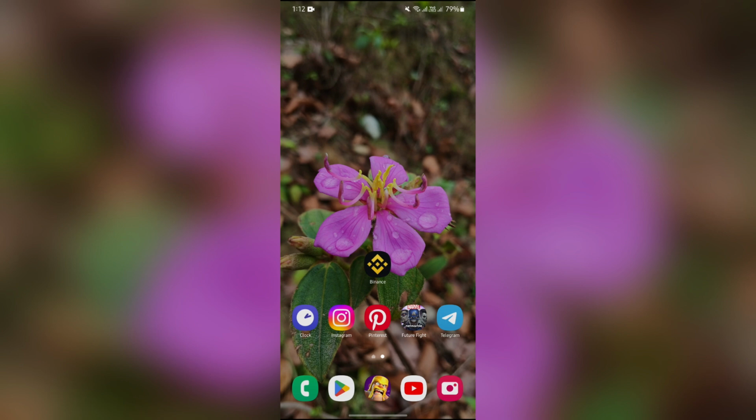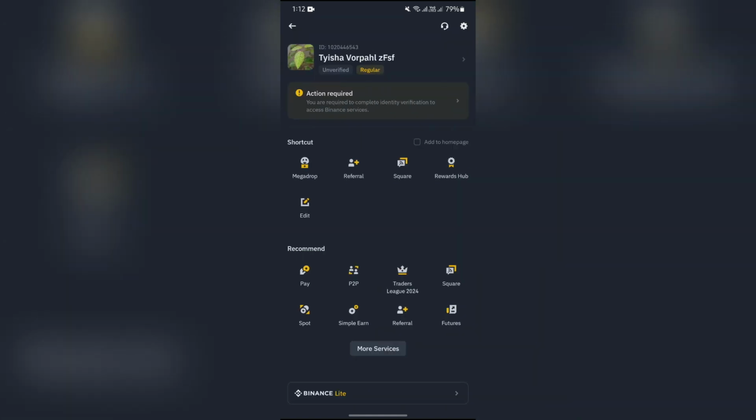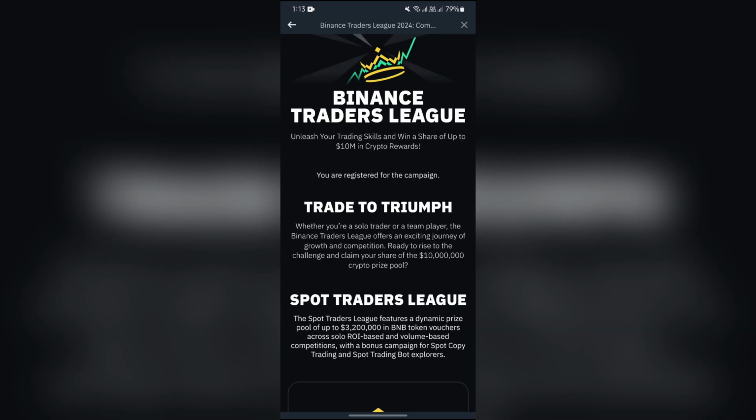Now, in order to join or register for the Traders League, you simply have to open your Binance application. After opening the Binance application, you will see this Binance icon in the top left corner. Tap on that option, and after tapping, you will see the option of Traders League 2024 in the recommended section. Tap on Traders League 2024 and then you will see this Binance Traders League